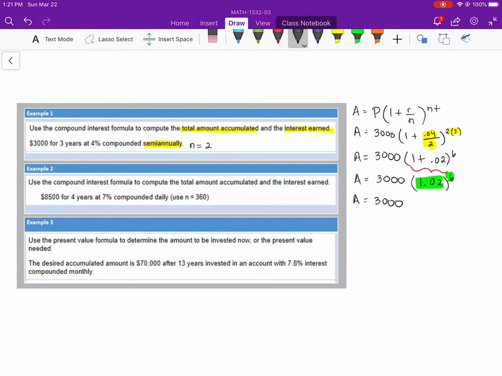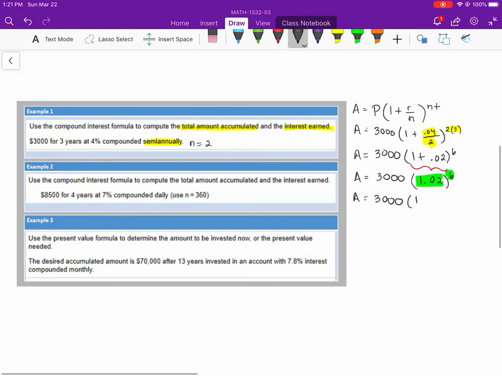A equals 3,000 times 1.126162419. Now I'm just writing down every decimal place that the calculator gives me. If you have a calculator that gives you more decimal places than that, feel free to use them. We should still come out to the same answer. So again, that really long decimal there, 1.126162419 times $3,000 comes out to an answer of